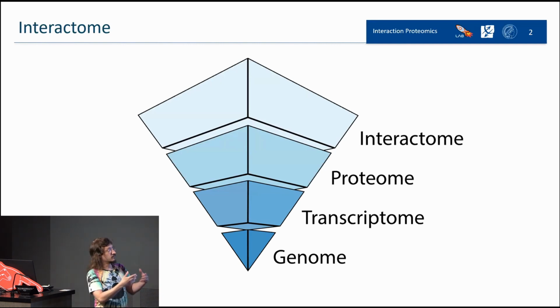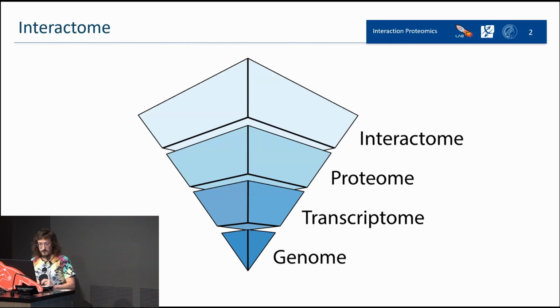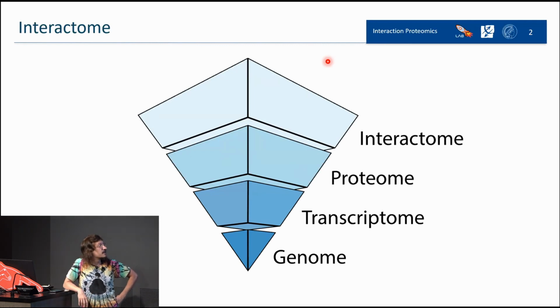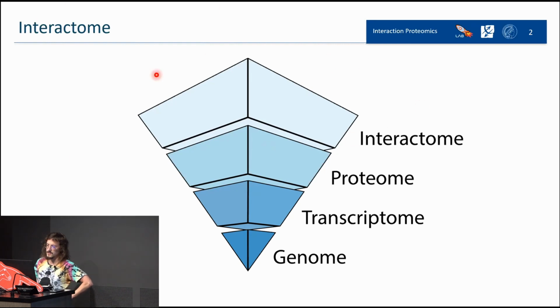You remember this pyramid, and you've seen it turn on the other side. But now to show you again this general idea: we start from the genome, then we have the transcriptome, we go to the proteome, and then lastly, the interactome, that is this branch that comprehends all the interactions that happen between proteins, RNA, protein and DNA, and literally all the types of interaction that proteins may have are studied by this branch here. As you can imagine, it's huge. It's one of the most complex things to study.